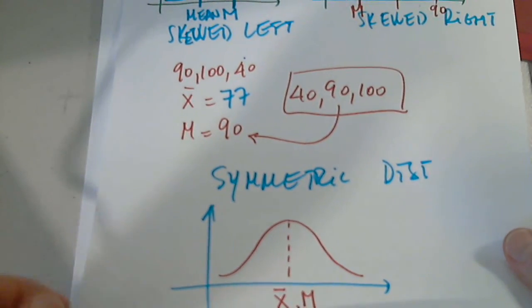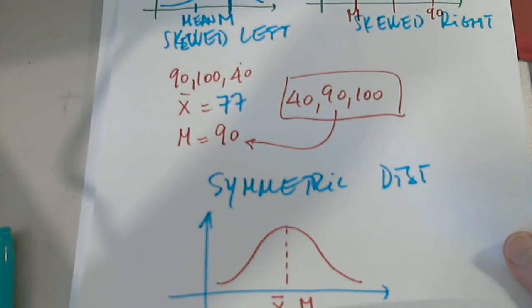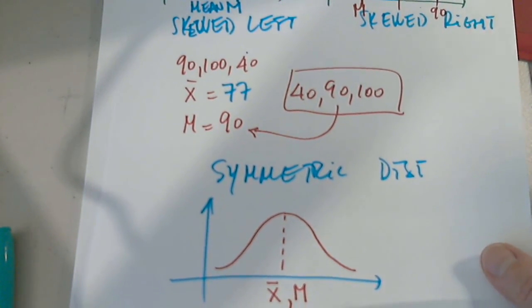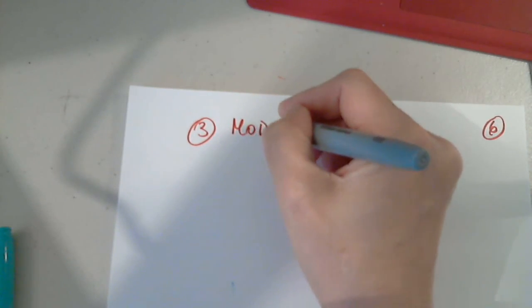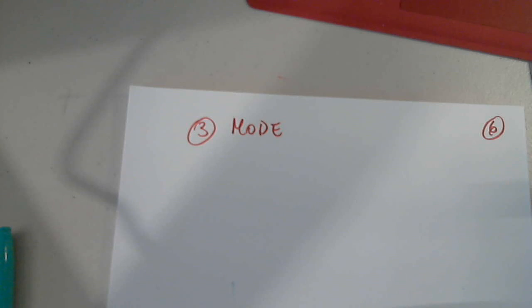The third measure of central tendency after the mean and the median is the mode. So this is number 3, mode. The most frequent, so I'm going to